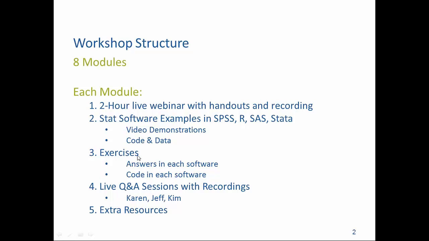So we give you the exercises, and code to complete all the exercises. We give you the answers to the exercises in each of those 4 software programs. And then we try to give you 6 days to work on those exercises after you've watched the webinar, and then we have live Q&A sessions. Now, I will be at all the Q&A sessions. We also have 2 other statistical consultants, Jeff Meyer and Kim Love,